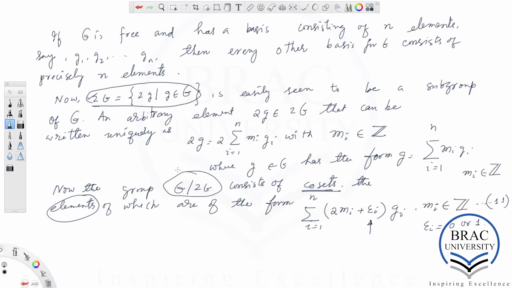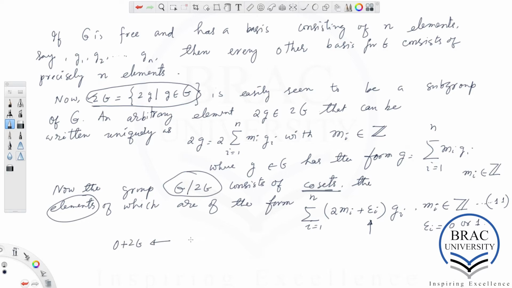So for different cosets we have different representatives. If I take certain choices of epsilon i's, where i runs from 1 to n, we get a representative of one of the cosets. In the case where epsilon i is identically 0 for all i from 1 to n, we get a representative of the coset 0 plus 2G.